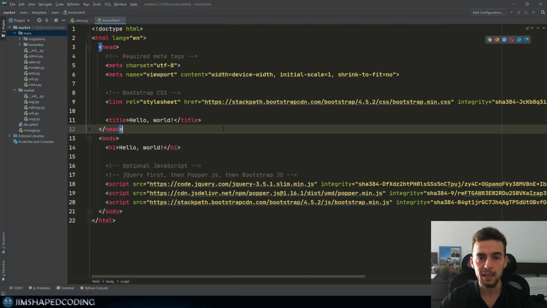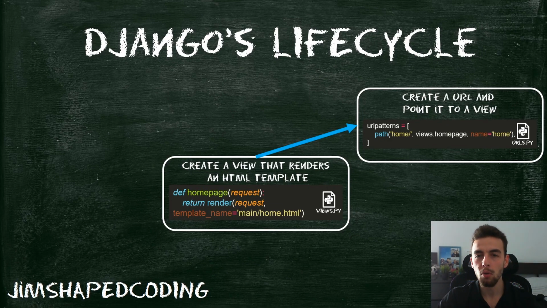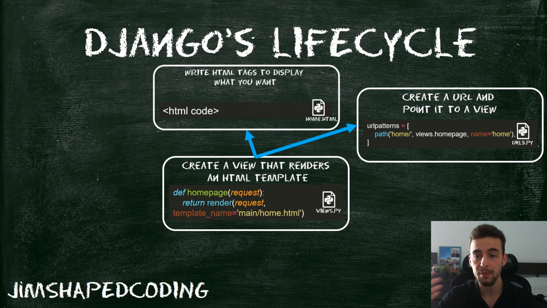So this is quite nice, having this automatic styling, and this way we don't have to deal with styling at all. Okay, so if we go back to our presentation for a second, you can see the difference between the code here and what I showed you previously. Basically now we are pointing to a new HTML template, and we are not writing our HTML within a string,